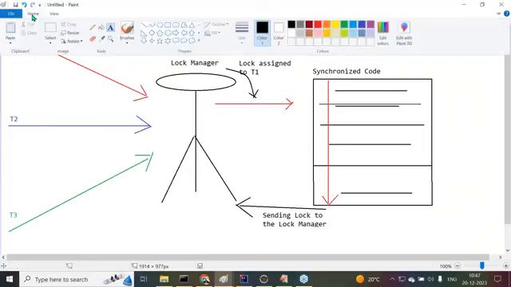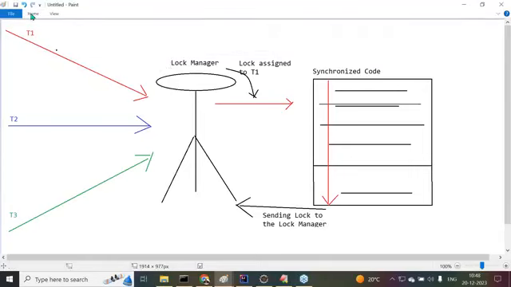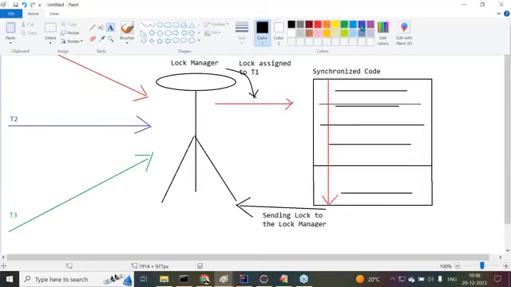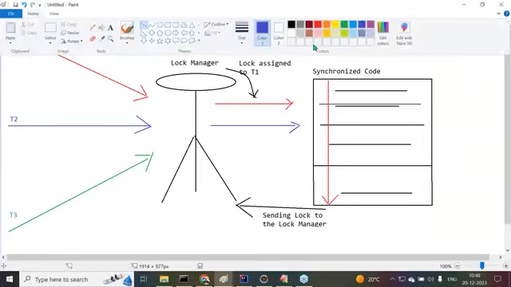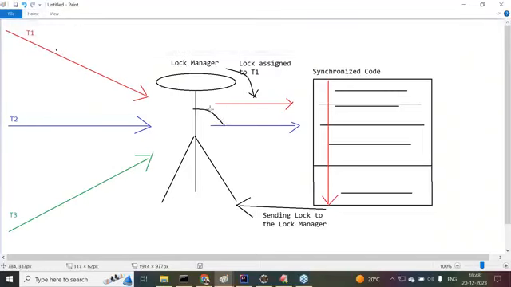Now, after this, the lock manager is ready to assign the lock to another thread. In the queue, two threads are available. Then it will follow some algorithm internally and assign the lock to one among the two threads. Now observe carefully. For example, if it gives priority to the T2 thread, then the T2 thread will get the lock. The lock manager assigns the lock to the T2 thread.